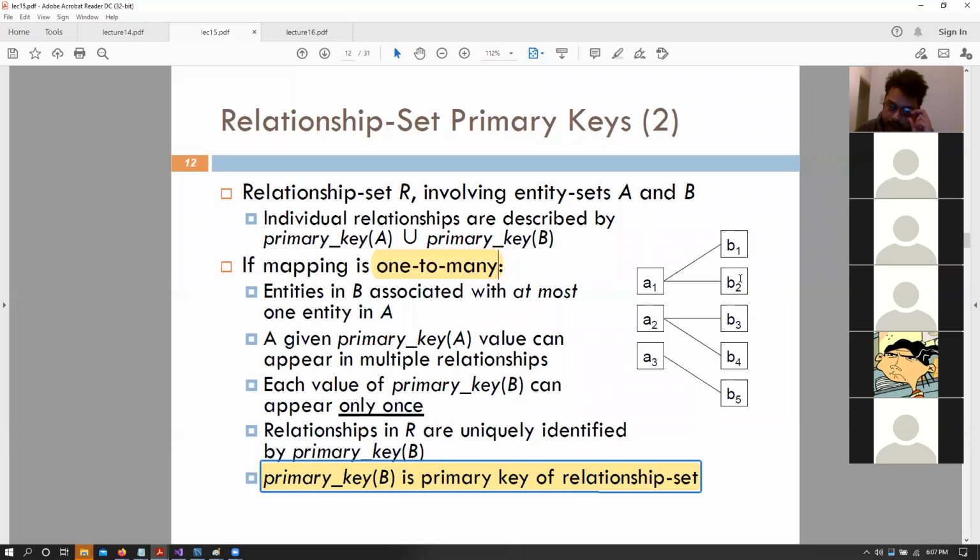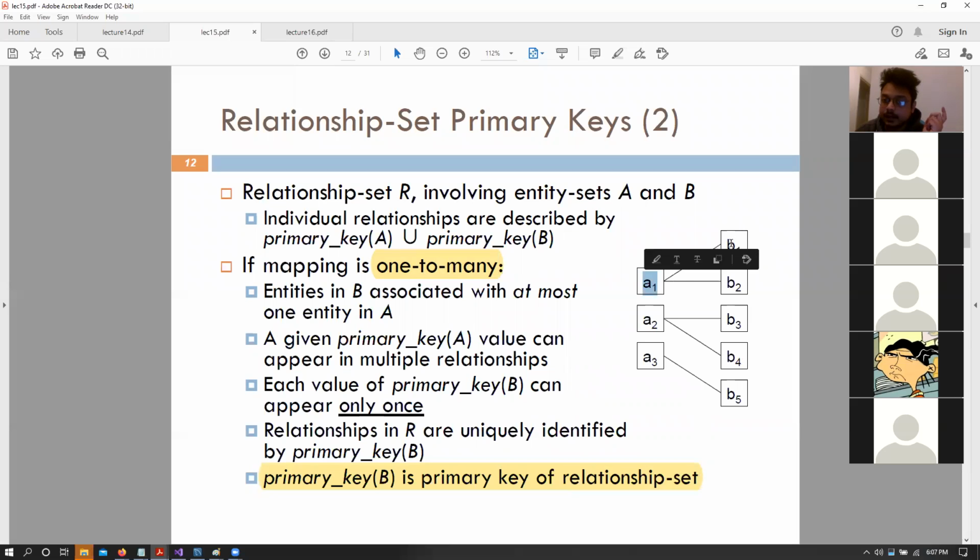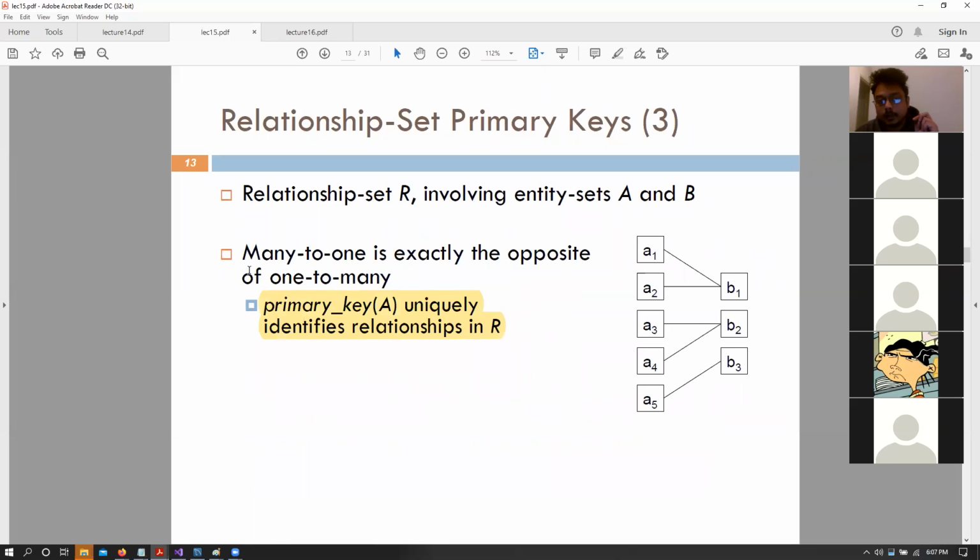So because a single customer can have multiple loans, right? And then the other way around, many-to-one would mean that primary key A would be the primary key that uniquely identifies relationships in R. So depending upon what we want,